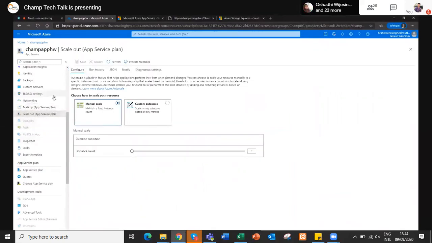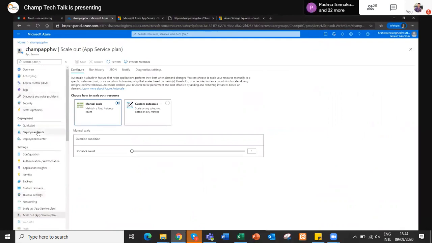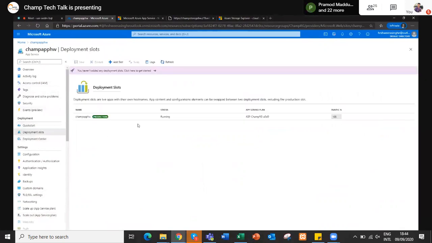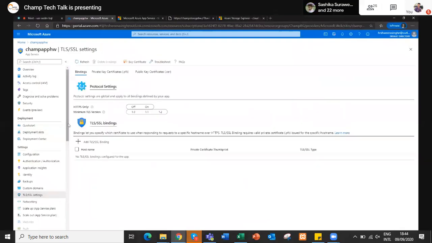And you can see there are different options, deployment slots, deployment center. Deployment slots means you can have different slots for this application, saying this is my production, this is my test environment, something like that. If you want to secure your web API calls, or install separate SSL certificates, there are these SSL TLS settings.